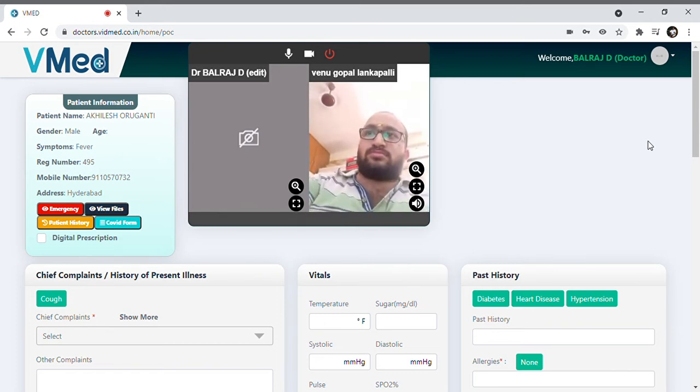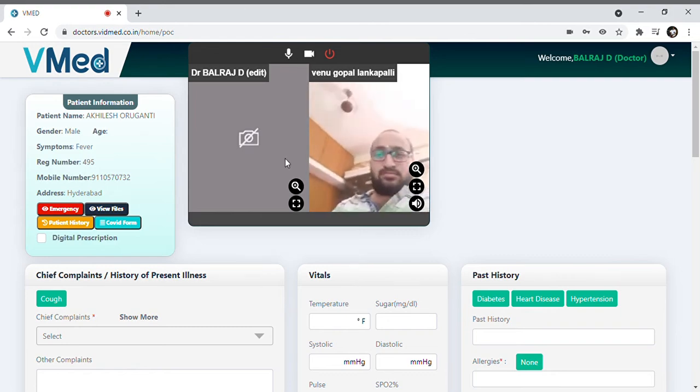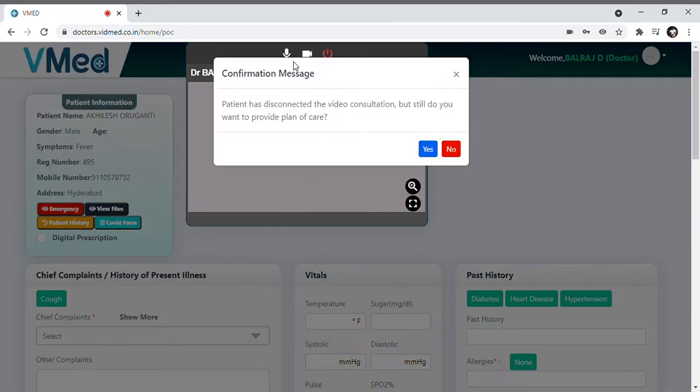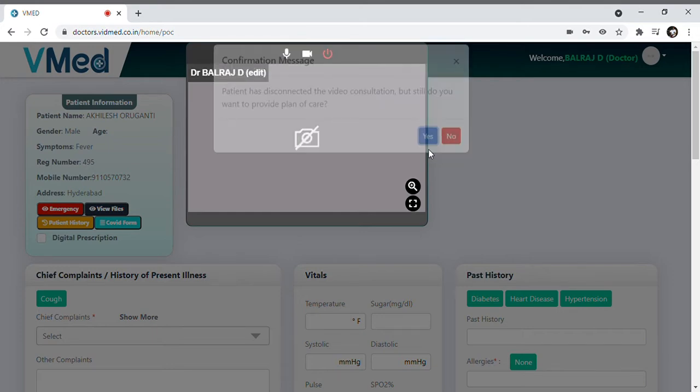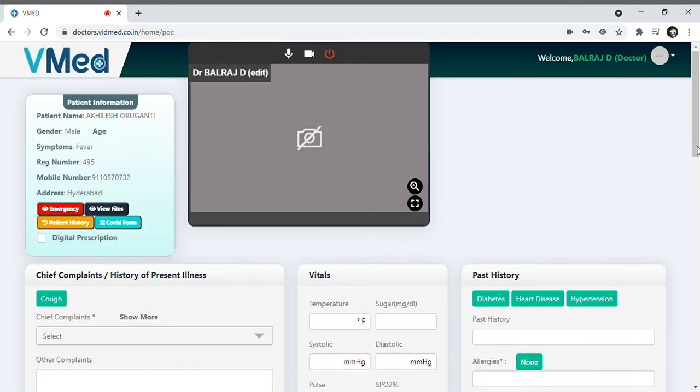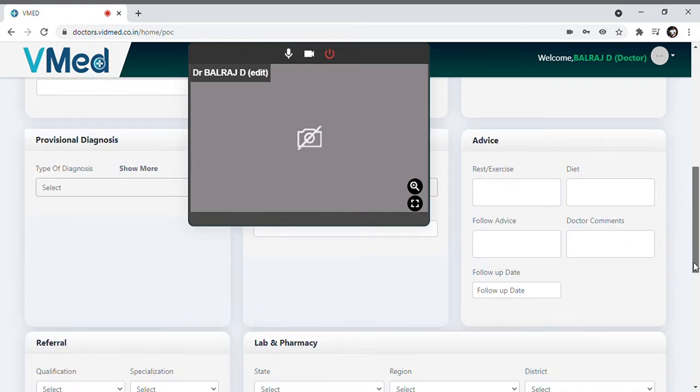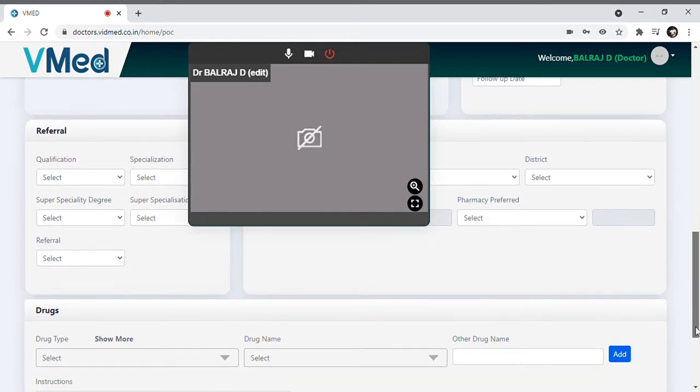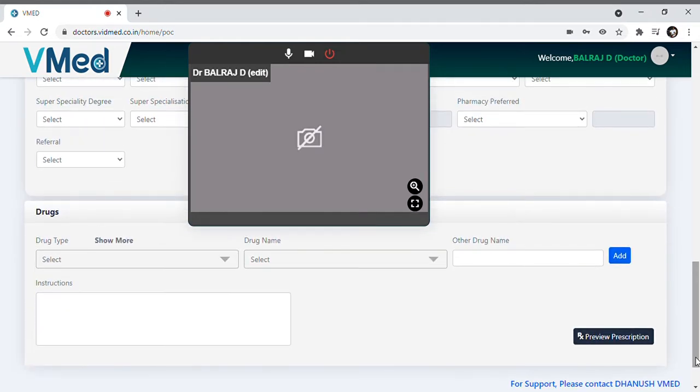So this way the health worker is capturing the details of the patient, and the doctor is also updating the details of the patient in the telehealth consultation app. This method lets us capture the details of the patient even though the call is disconnected.